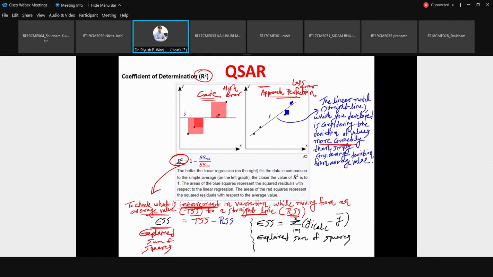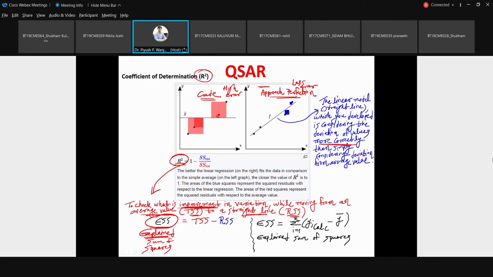So that improvement we are estimating in terms of some numbers, and we are calling that improvement the explained sum of squares. Okay, and the explained sum of squares will be the subtraction of two values. So some error value will correspond to the explained sum of squares, and the higher this value, the better your fitting is coming. Can you try to understand that?